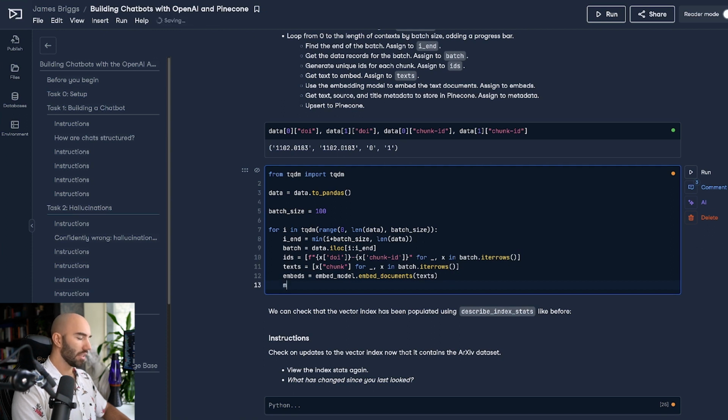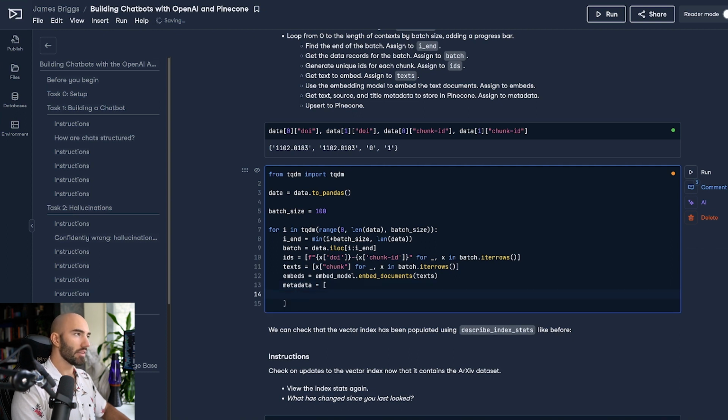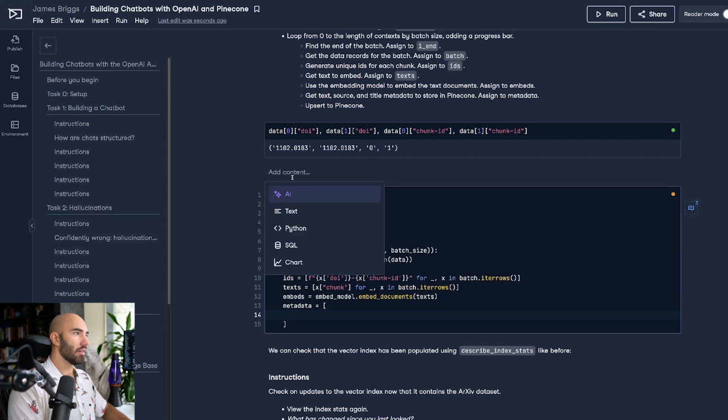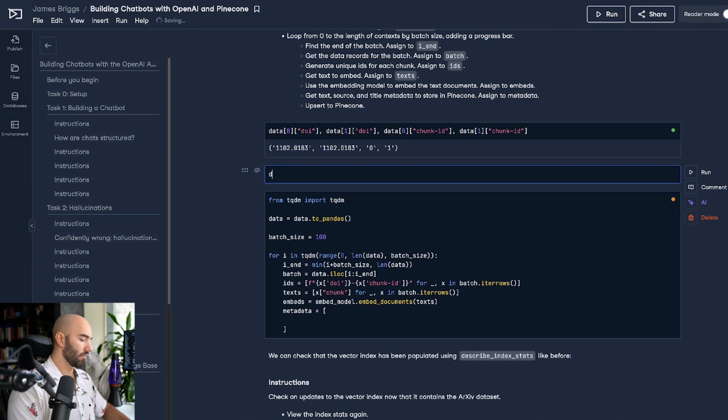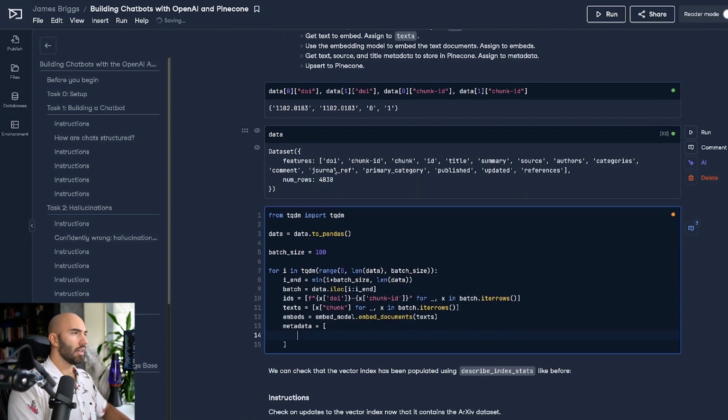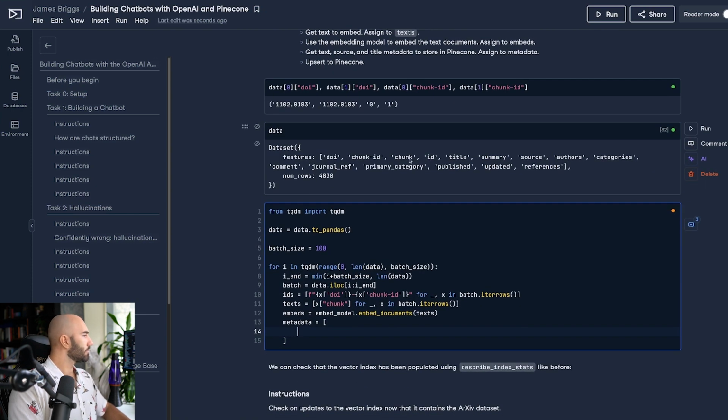And then what we want to do is the same for the metadata that we'd like to keep. We don't want to keep everything, so we just want a few items in there. We can take, again, another look at what we might want. So in our data, we have the chunk, so the actual text.